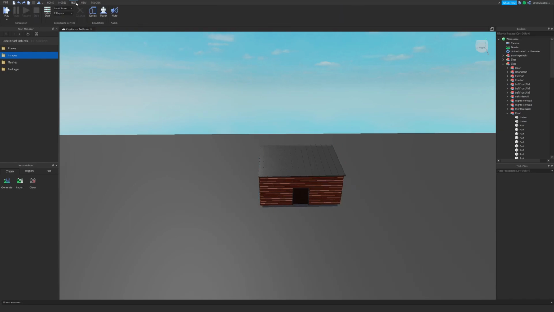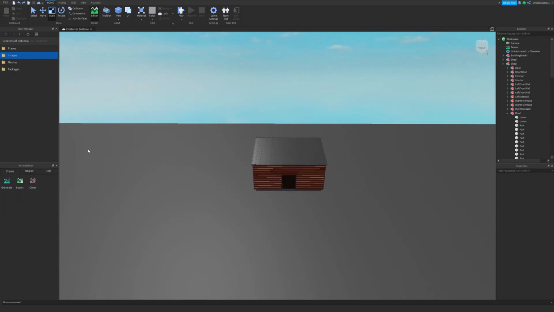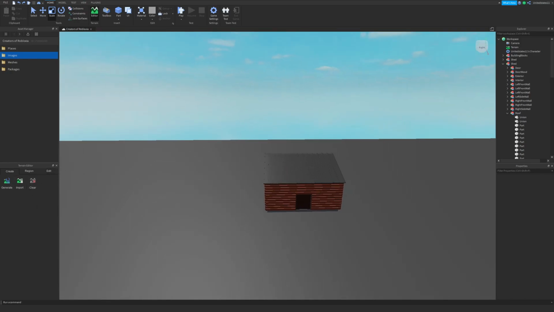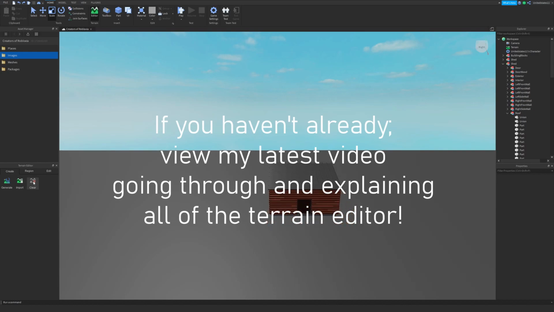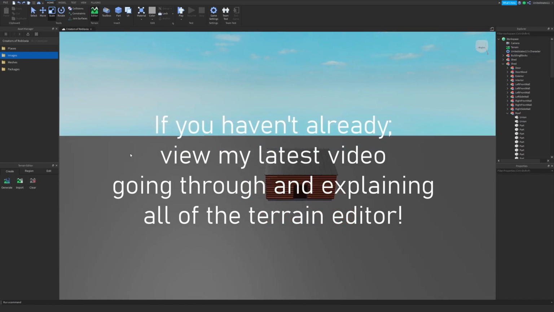Okay, so getting right into this, you're going to make sure you have the terrain editor open, and then you're going to go to the create and region and edit tabs and use your tools there. I'm going to speed up the process real quick and you guys can watch the buttons I'm clicking as I go through this, as well as the keybinds that will show at the bottom left, and you can follow along with what I'm doing. But until then, I'll see you afterwards when I'm done.